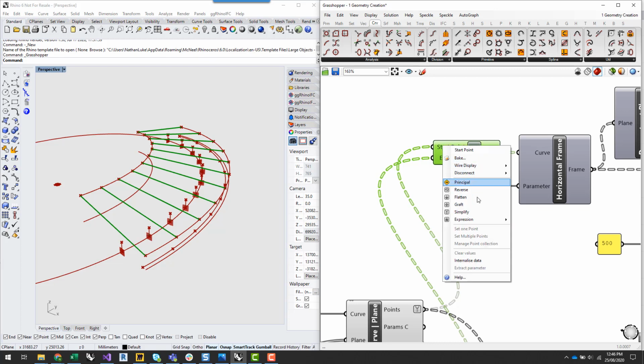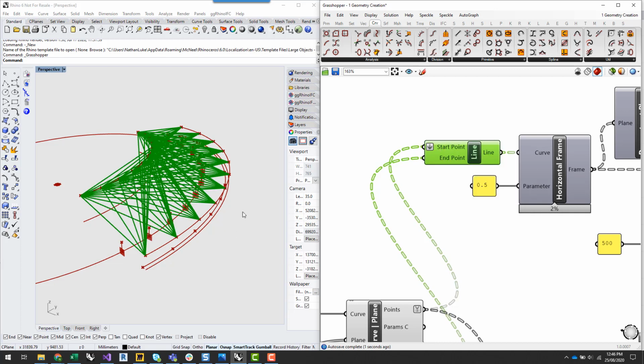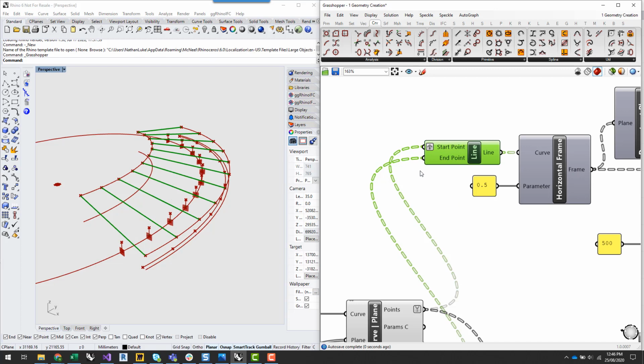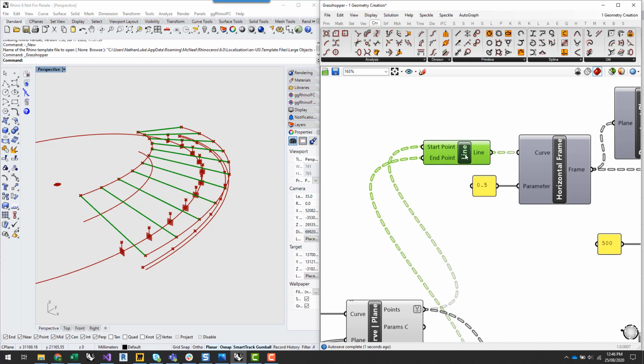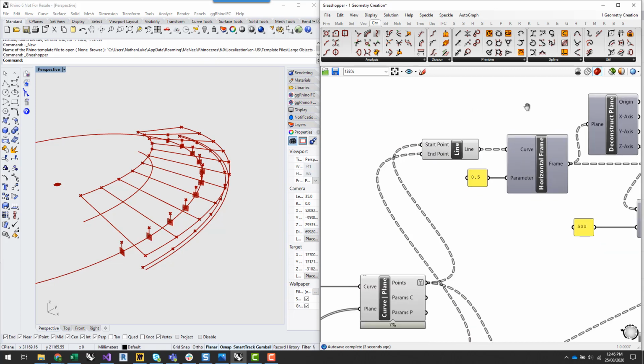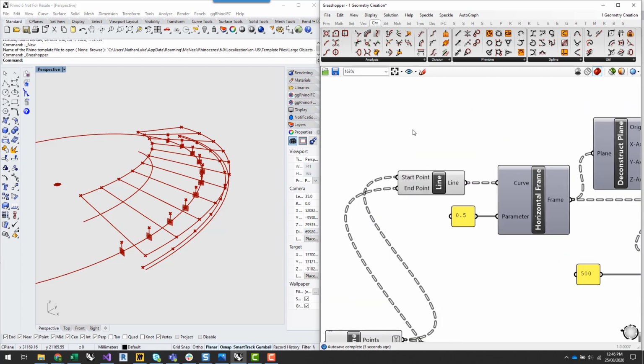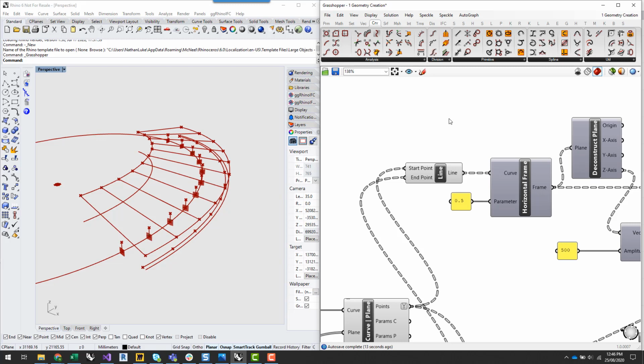If I was to flatten these, I'm going to get 11 lines in each branch. Now that's not what I want. So you just have to be careful with those types of things. If you are getting results where you're getting large amounts of lines, it's more often than not something to do with the way that your tree